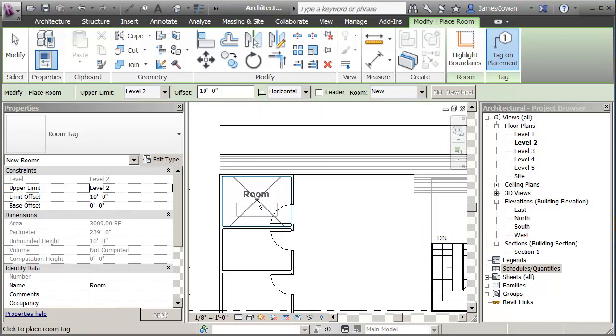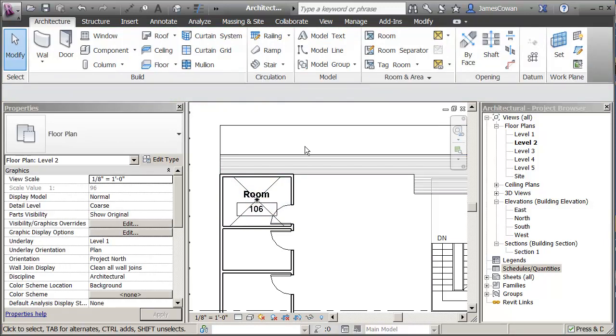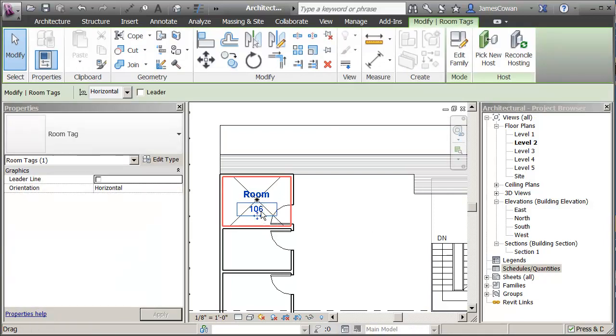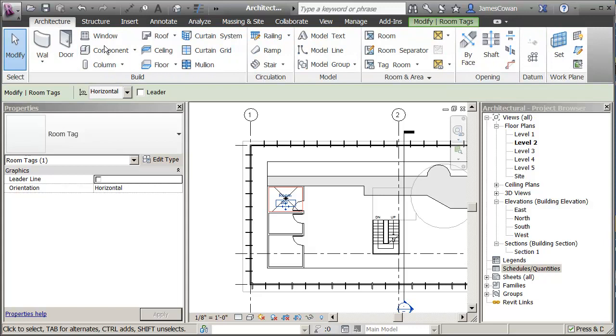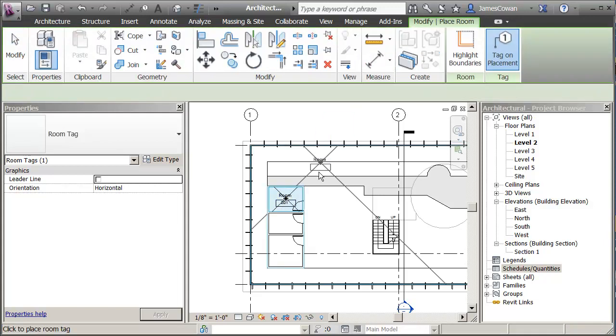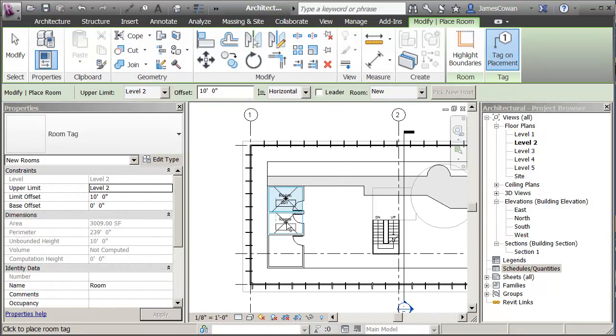Let me place a room, and before I go any further, I placed it and it's placed the label. I'm going to change the label on here by slowly clicking on it. Let's call that room number 201, because what I want you to see is it will increment that number as I go to create the next room. So under architecture, room, I find the next one,